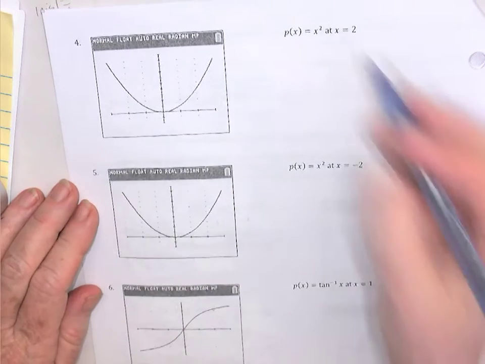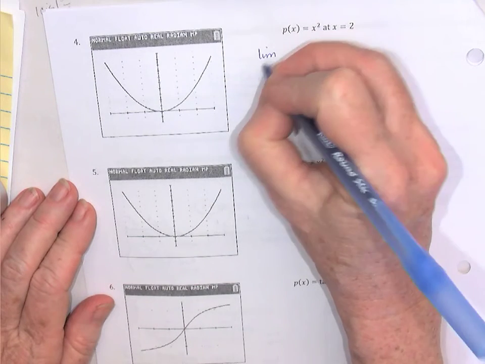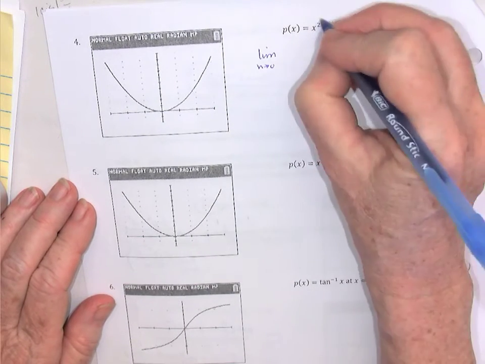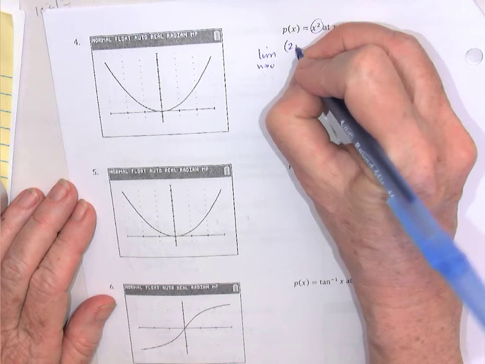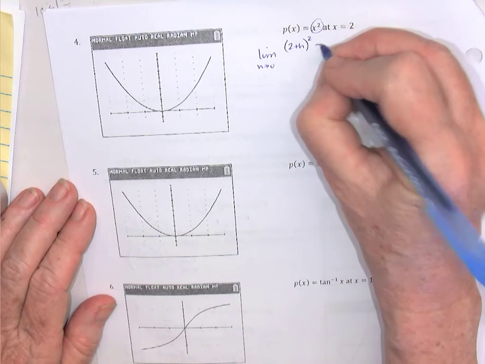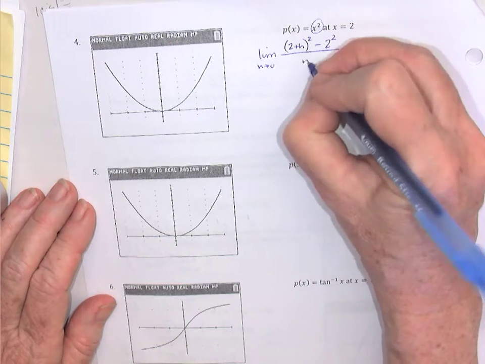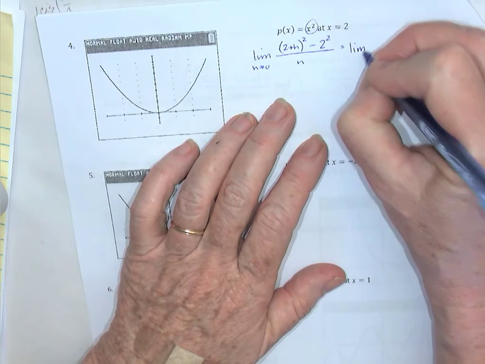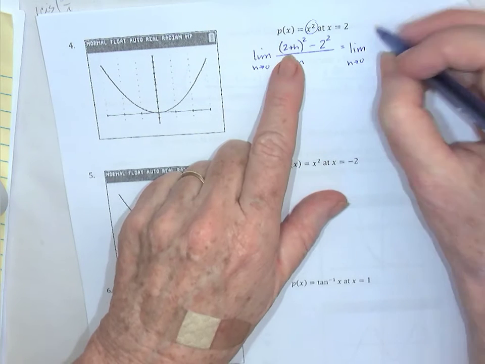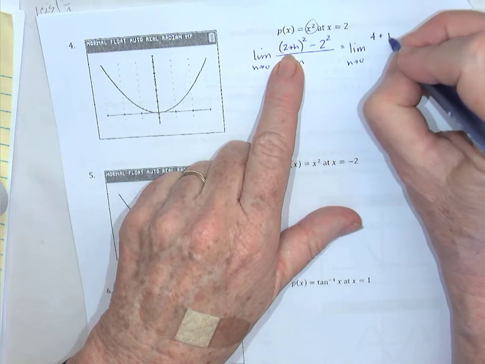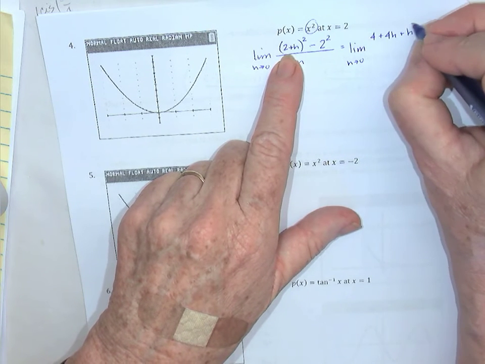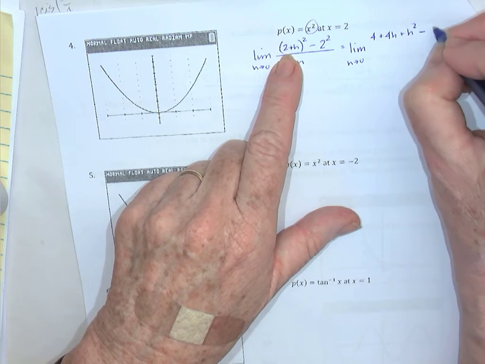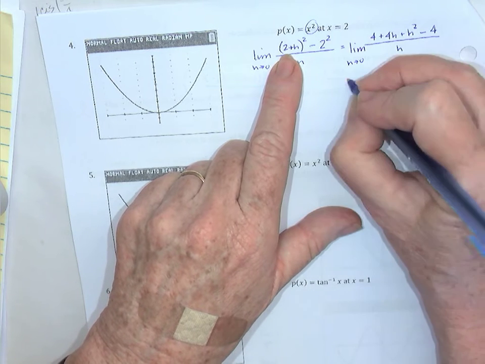For question 4, I'm going to take the limit as h approaches 0, and our function is x squared. So we'll have (2 plus h) squared minus 2 squared over h. And this I can take a little bit further. This is the limit as h approaches 0. I know the quantity (2 plus h) squared is 4 plus 4h plus h squared, minus 4, all over h,